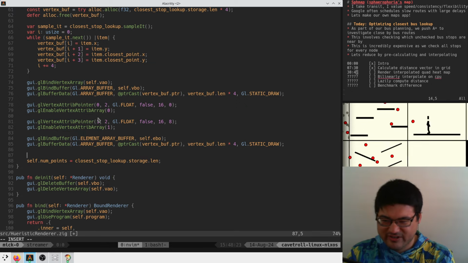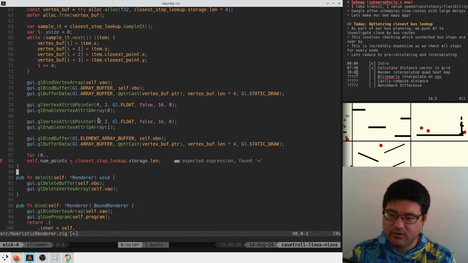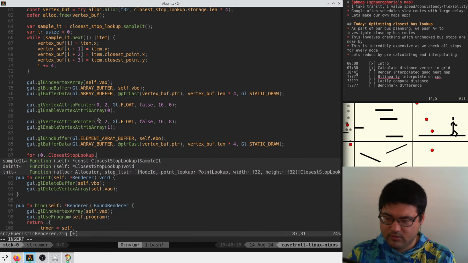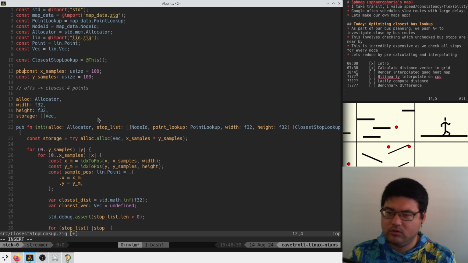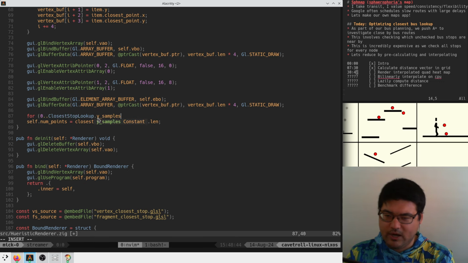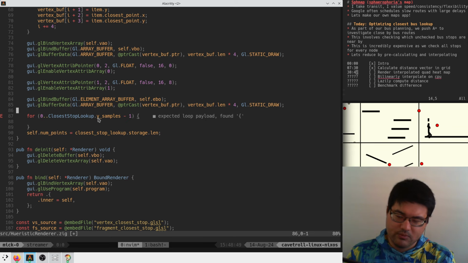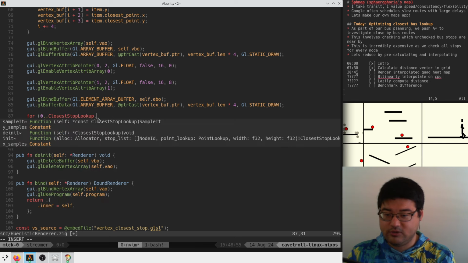We want to do for 0 to closest stop lookup Y samples minus 1, I think. I guess we said that we were going X first, then Y. So for 0 to closest stop lookup dot X samples,